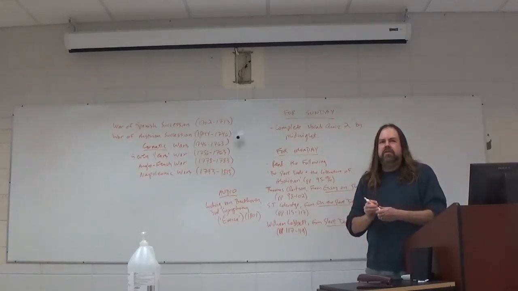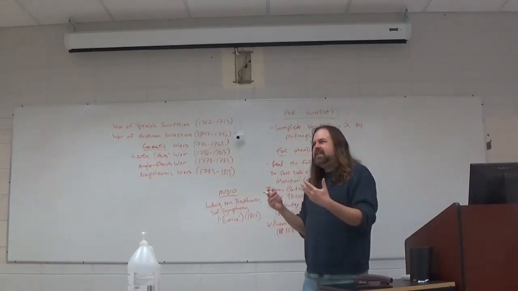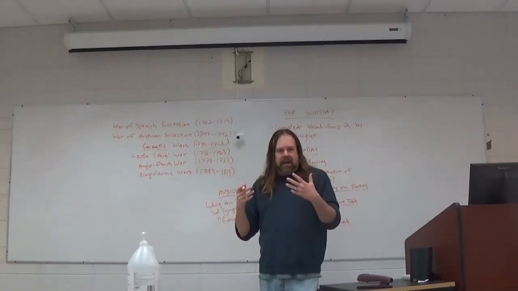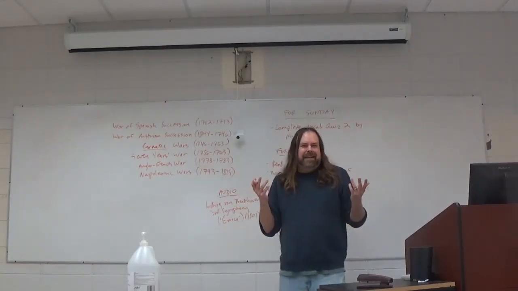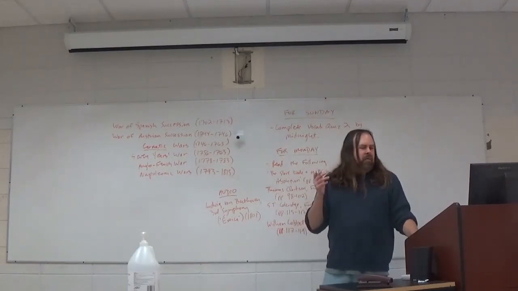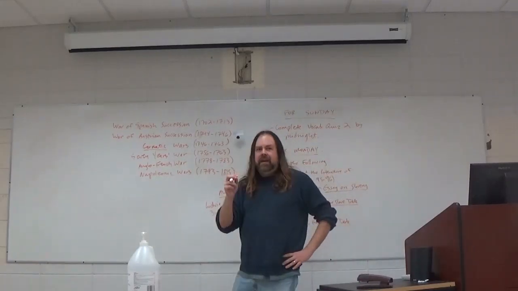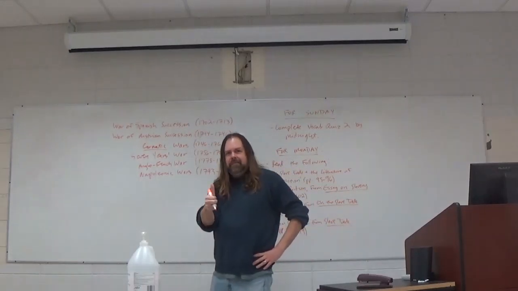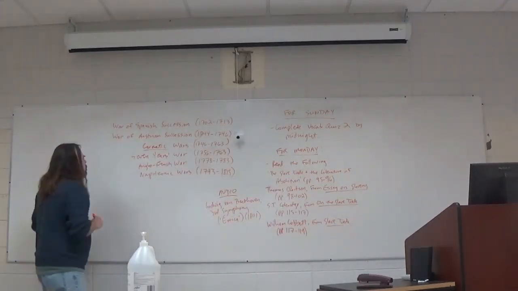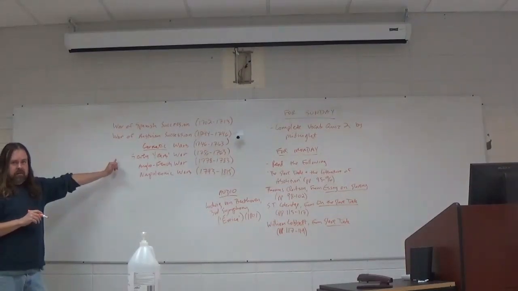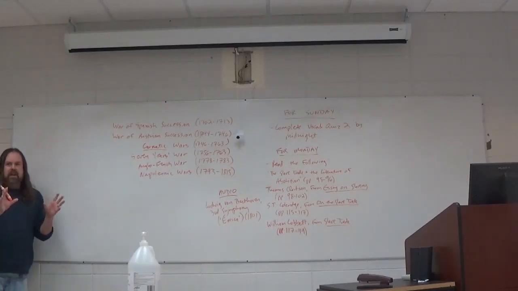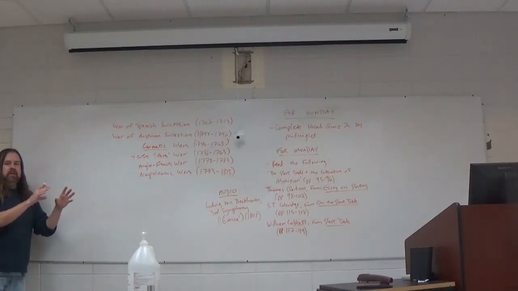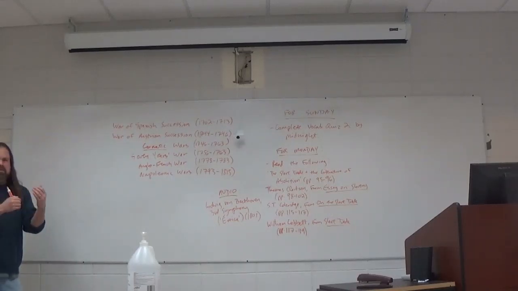And in fact, the French are supporting the American colonists, not so much because they care about the ideals the Americans are fighting for, but because they want to hurt the British, right? And so, will this weaken our great geopolitical enemy? Fantastic, sign us up, right? The same thing with the Seven Years' War. We call this the French and Indian War. Everybody else in the world calls it the Seven Years' War. And the North American French and Indian War is just a very minor theater of this war, right?